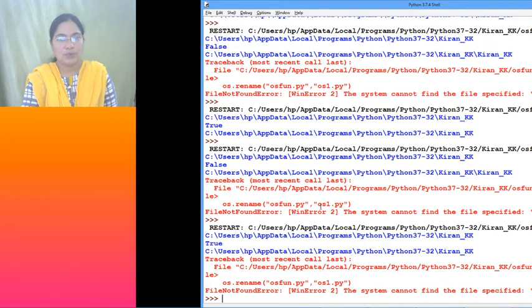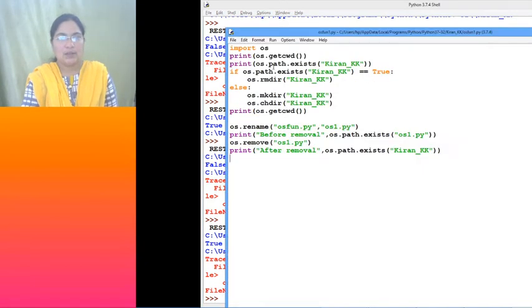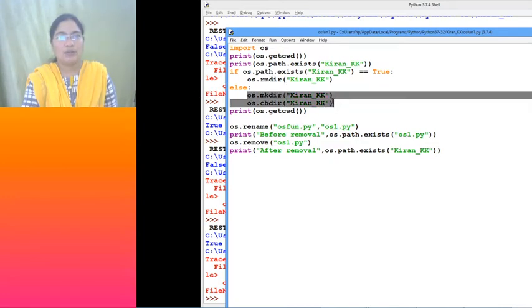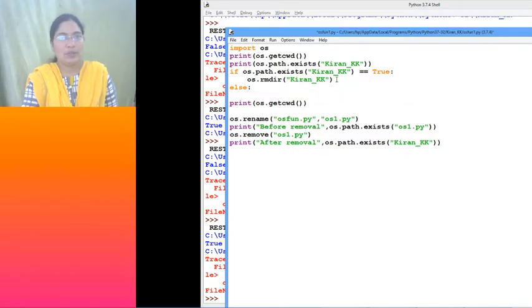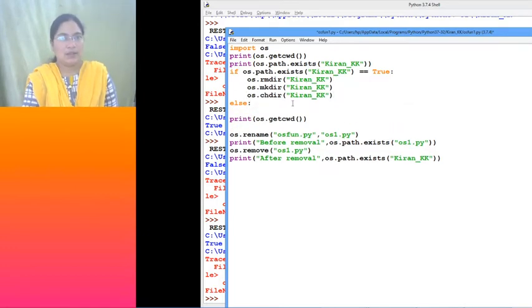It exists, true, yes, and then we change the directory. If it is true, then remove the directory. Okay, after removal, then only we will make the directory, and then only we'll do the change directory.